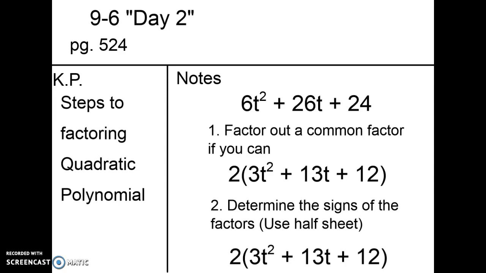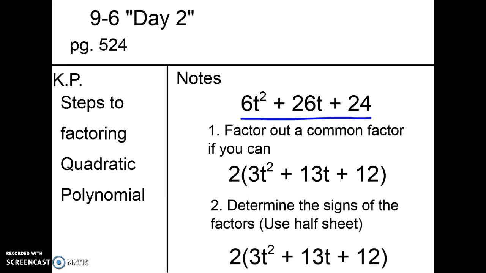This will be day 2 of our Chapter 9, Section 6 notes. First thing I want to do is go through the steps of how to factor a quadratic when you have a number greater than 1 out front in front of t squared. I have 6 steps here, some a little bit more involved than others, but then we'll go through 3 examples. So the first one, if we had this